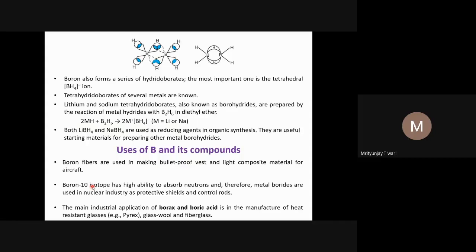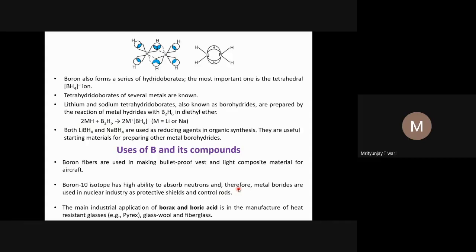So boron 10 isotope has a high ability to absorb neutrons, and if something has a high ability to absorb neutrons, then it can have use in nuclear chemistry. You can understand that if you know nuclear chemistry a bit: in the nuclear reactors we sometimes need something which can absorb neutrons that are produced during the nuclear